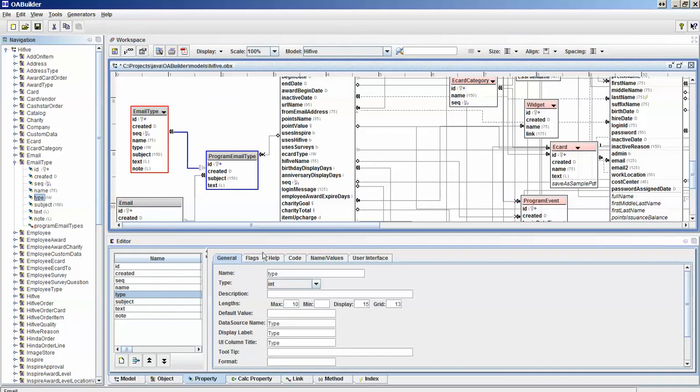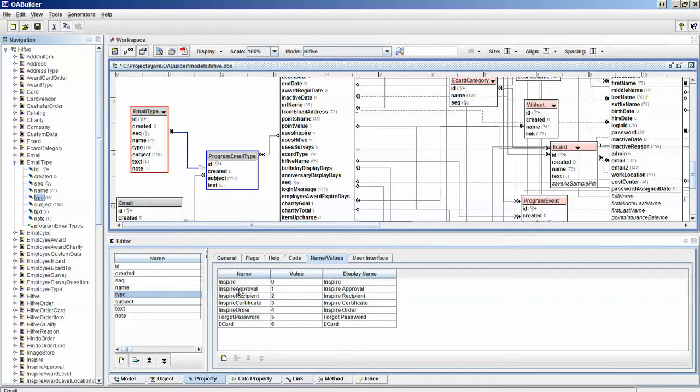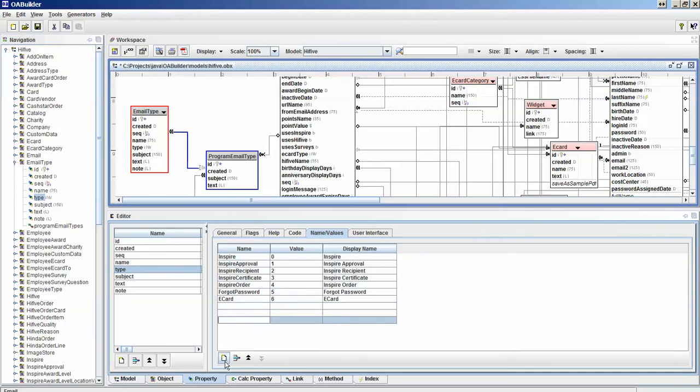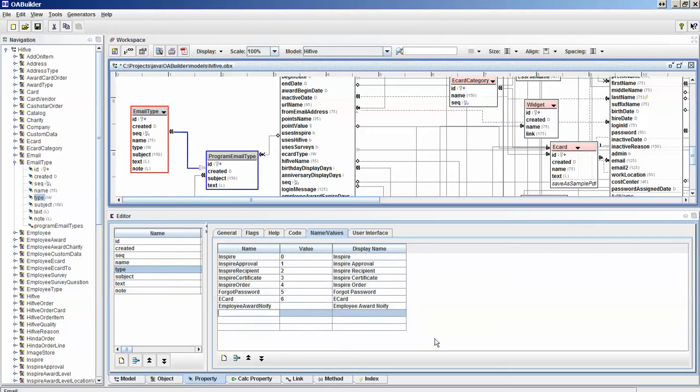So if I click on type here, it's a new enum type property, so I can look at the name values, and here are the ones that are already supported. We need to go ahead and add four more. First one is going to be notify, employee award notify, and then we're going to have